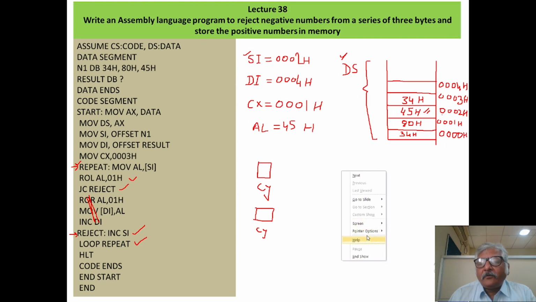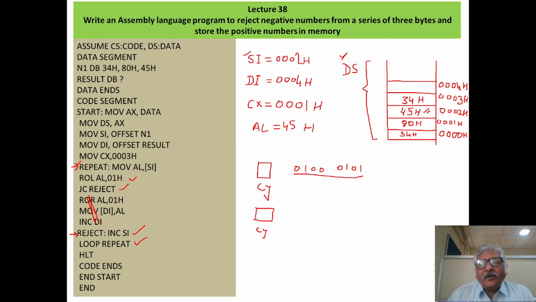Okay, so this 45H I will write in binary. 45: 4 is 0100, 5 is 0101. So this is the value in the AL register.